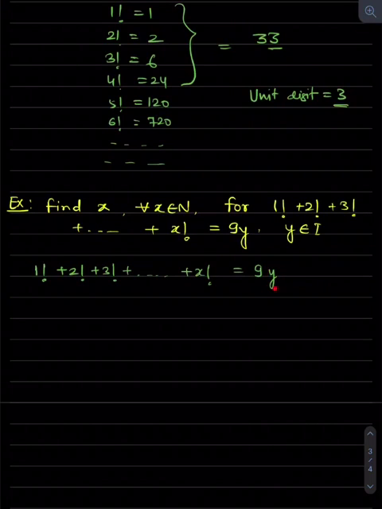Y is an integer. Y is not any fraction. So this is an integer, this is also an integer, so the product of this will be an integer, as we know. And this whole number is a multiple of 9. It is quite certain, from here we can see. So if this number, the RHS, is a multiple of 9, then the LHS will also be a multiple of 9, then only will the equality exist.